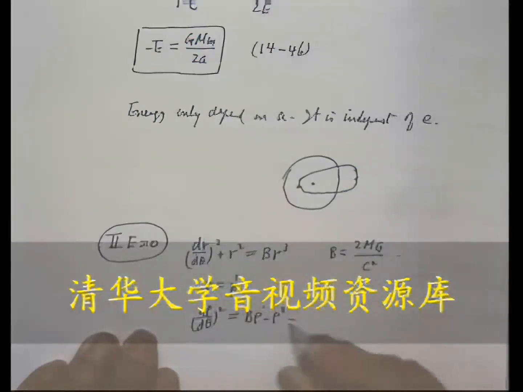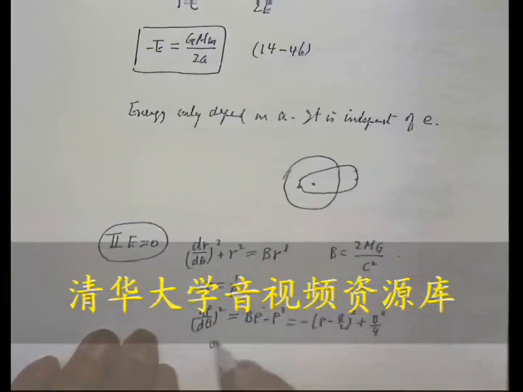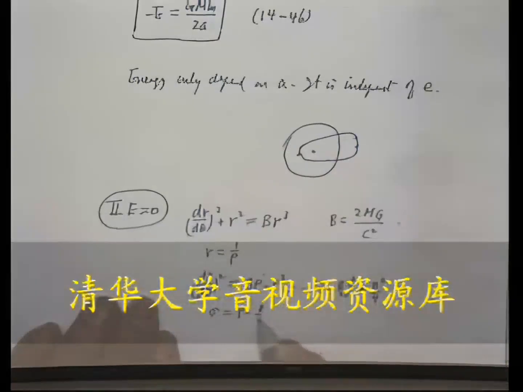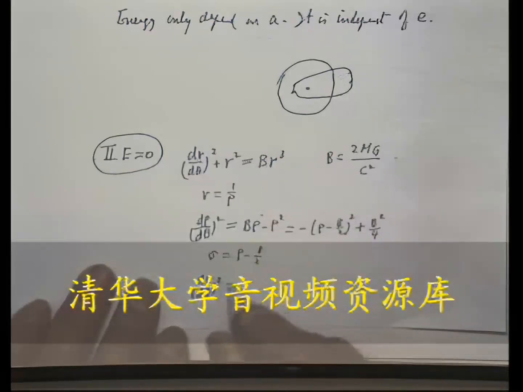So we complete the perfect square. And again we put sigma equal to rho minus b over 2. Then the equation becomes d sigma d theta